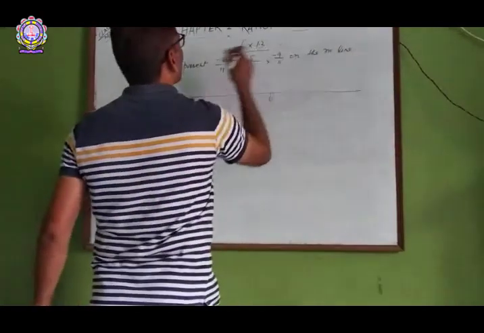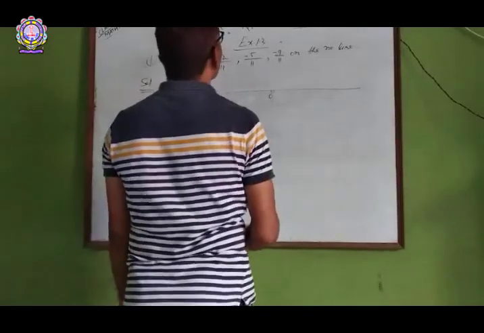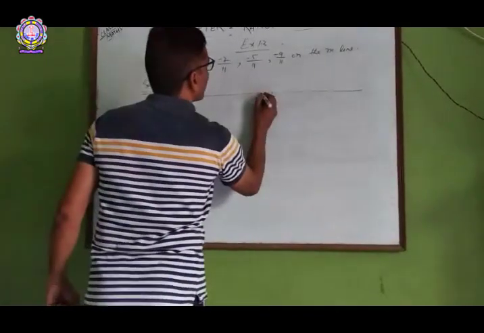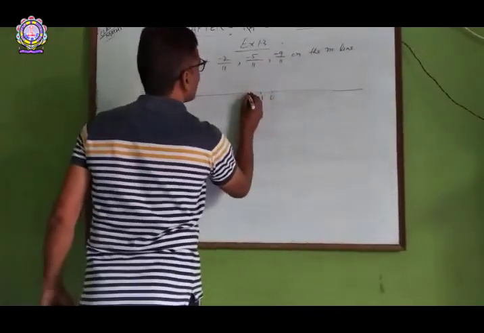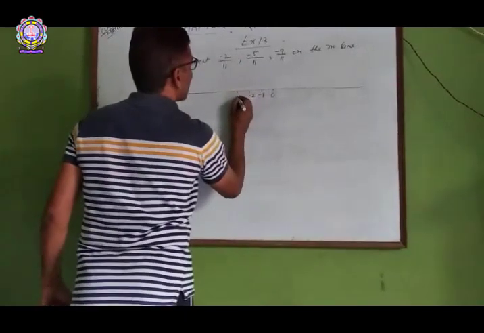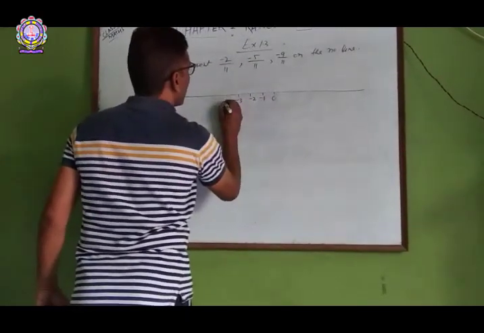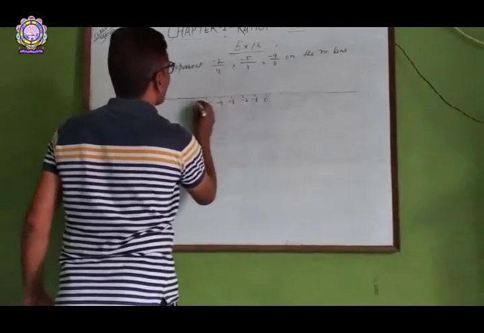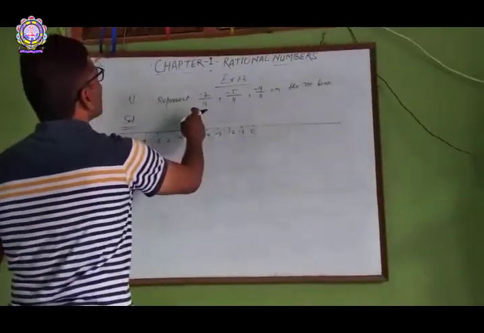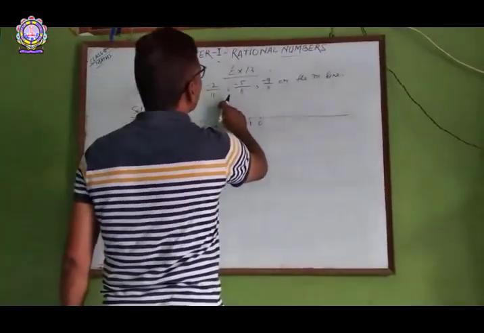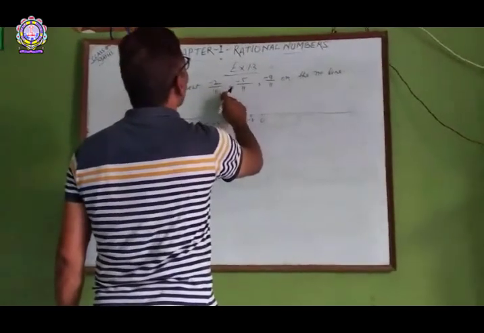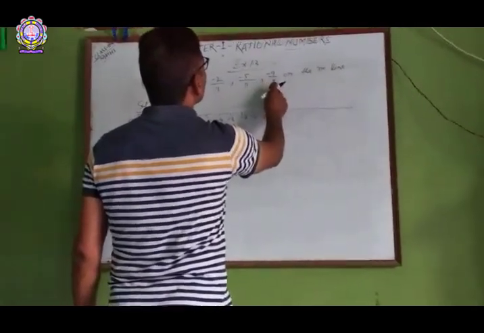Here the highest number is -9. You can plot minus 1, minus 2, minus 3, minus 4, minus 5, and so on. The denominator is the same in all the numbers, that is